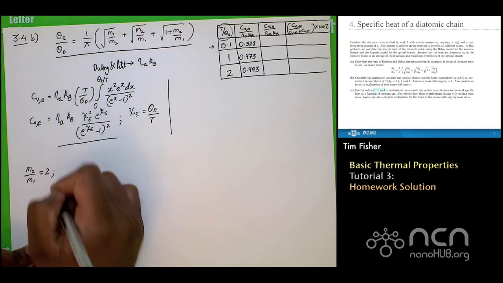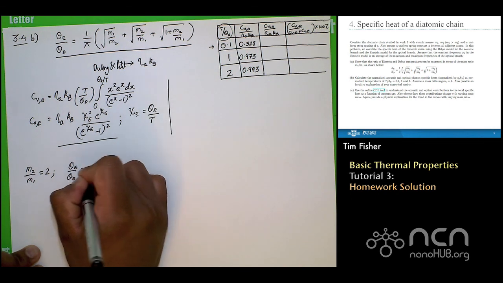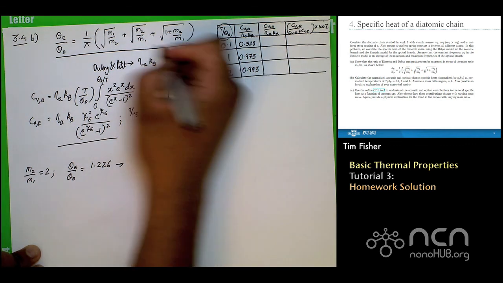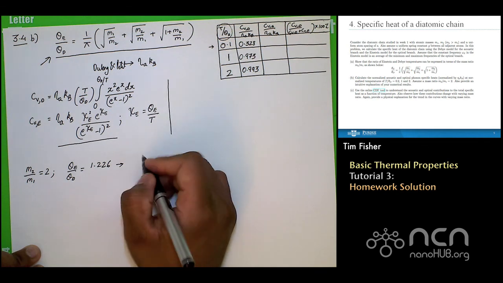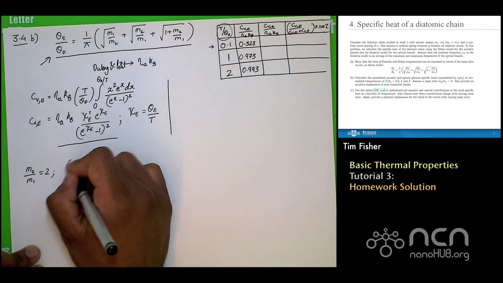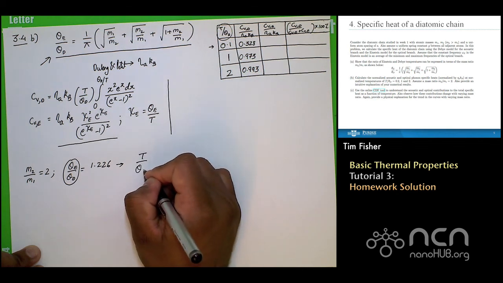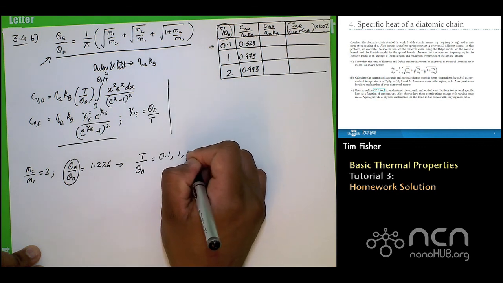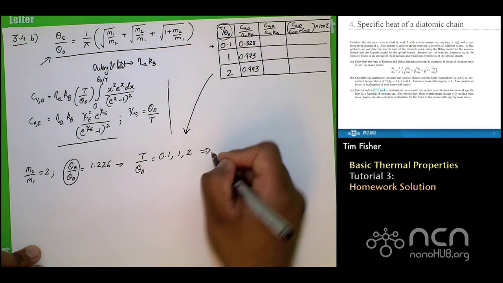Now for M2 upon M1 equals 2, theta E upon theta D equals 1.226. This comes from the above expression, okay? So therefore, from this particular expression, knowing that T upon theta D equals 0.1, 1 and 2, which is from this part of the problem, we can write that